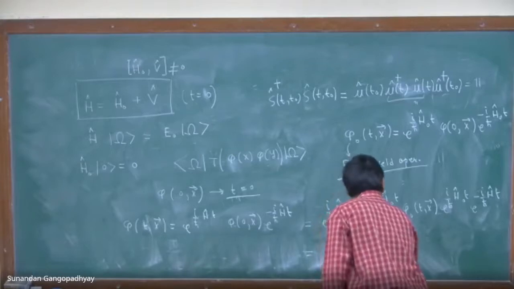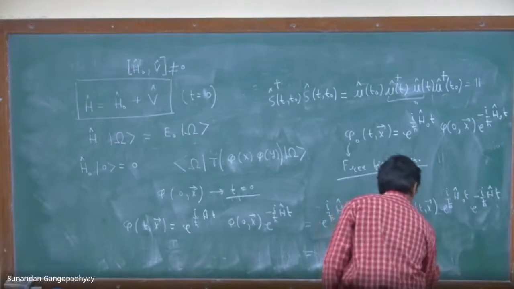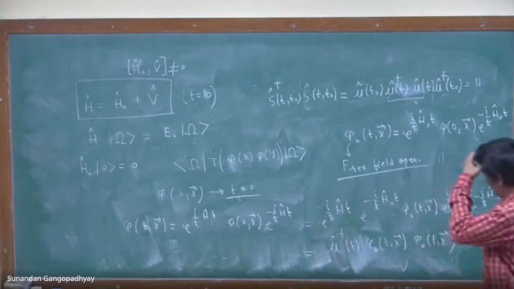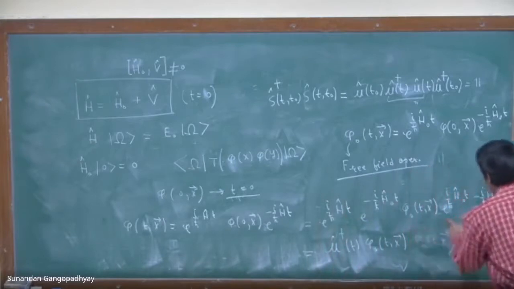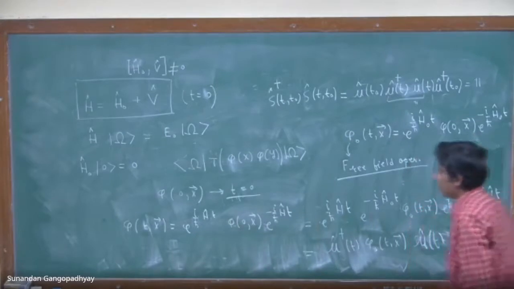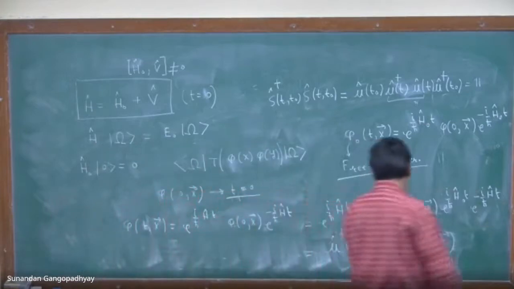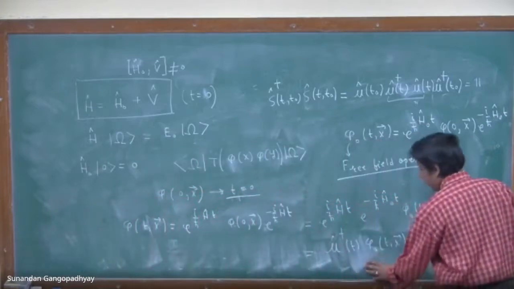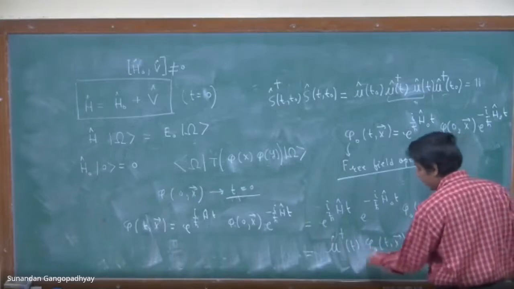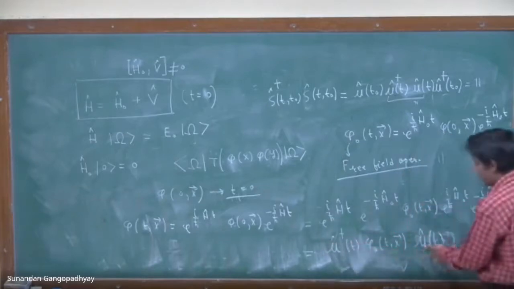Phi naught t comma x. Sorry, correct, this is u hat. So phi t comma x is basically related to the free field operator. The operator in the interaction picture, phi 0 t comma x, which evolves via the free field Hamiltonian, is related to this phi naught and the unitary operator u hat t